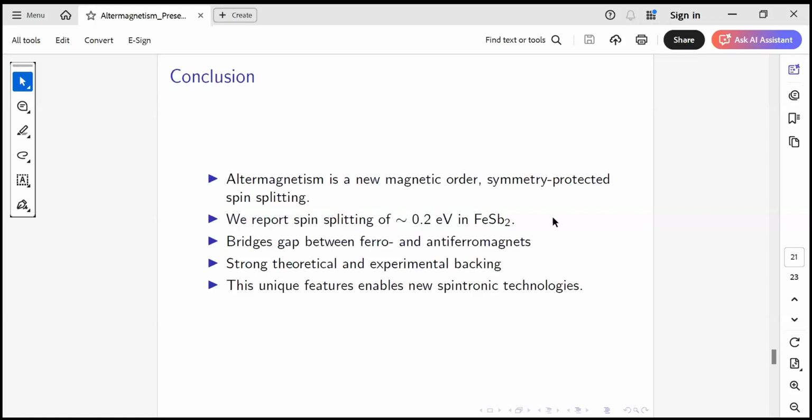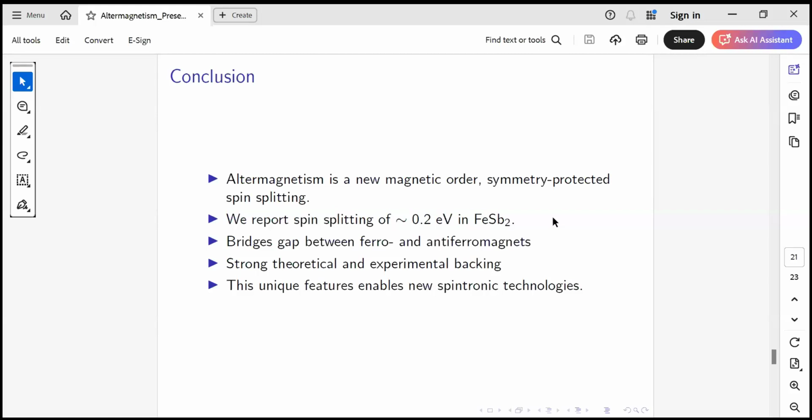But this is a very unusual behavior of FeSb2, which gives the flavor of altermagnets. Okay, then these unique features enable new spintronics technologies. I have already said spintronic technologies require spin polarization and ultrafast spin dynamics.